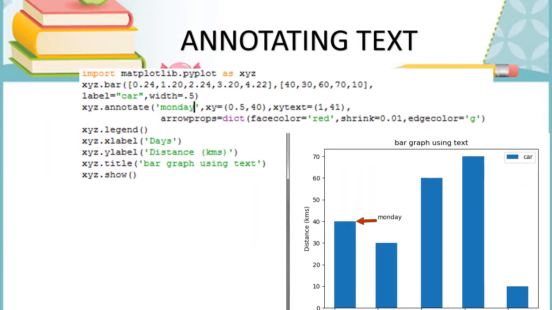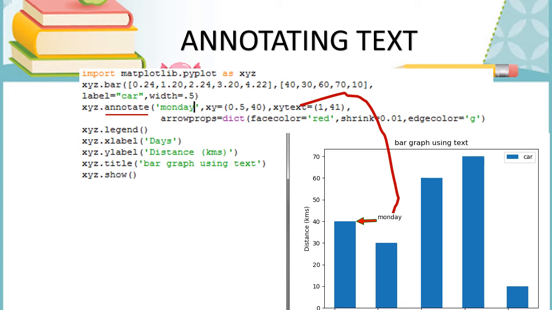And next, annotating text. If you want to place text inside the graph with an arrow, we can use the method annotate. See here, annotate the string Monday, which I am going to place inside the graph at the position 0.5 and 40, and xytext means the Monday position is x-axis 1 and y-axis 41, where it will be displayed.